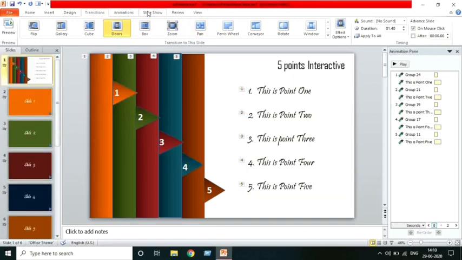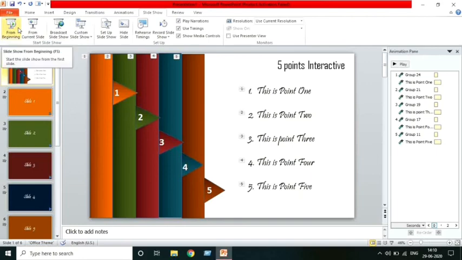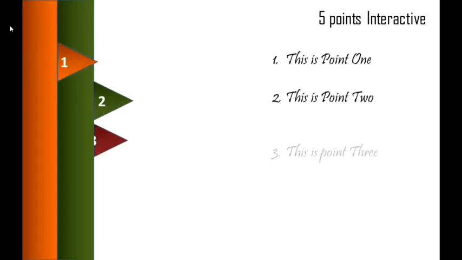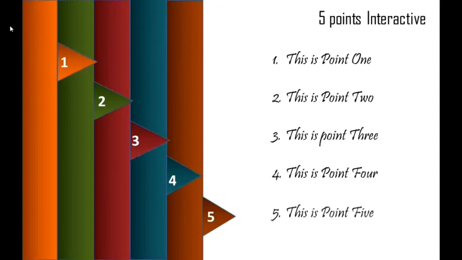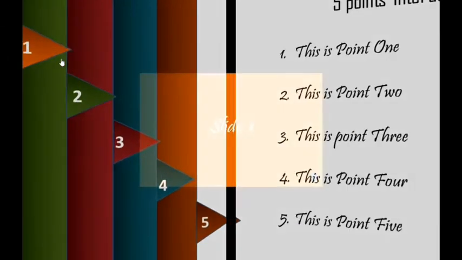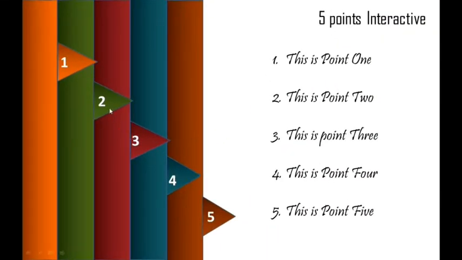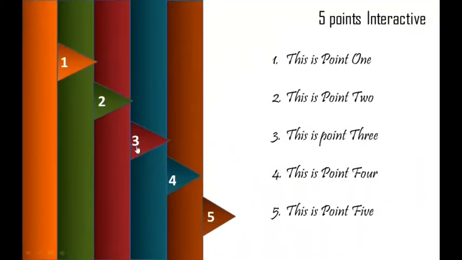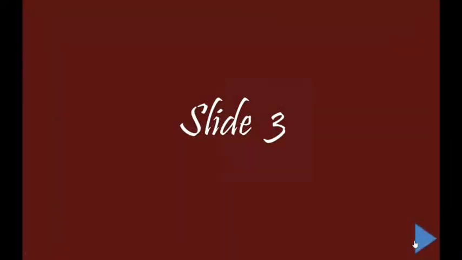Let's run it and check how it works. Again, go to the slideshow and click on from beginning. You can also hit the F5 button on your keypad, so automatically the slideshow will be activated. So here you can see this effect is added. Point-wise your contents are coming, and simply if you navigate to the first bullet which you want, it will show you the effect. The zoom in effect will be added. Again, when you are going back, it will show you the effect. So we have selected all the slides and we have added the effect. So for every slide it will show the effect.